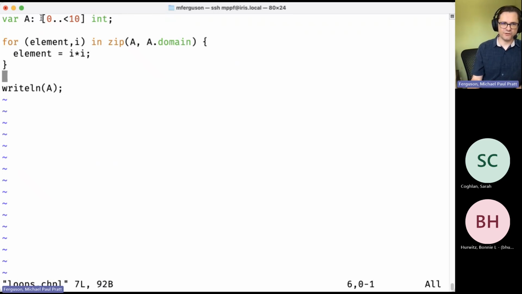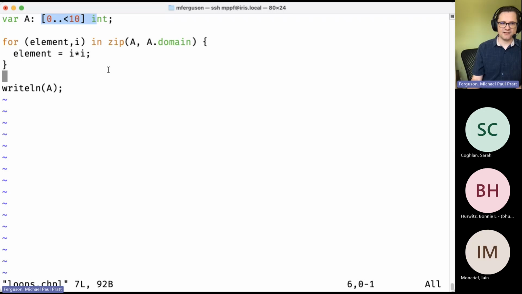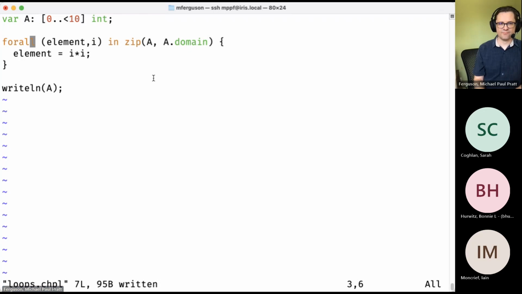You can write multi-dimensional arrays. You can write other arrays that operate on the same domain. I'm thinking about which of those I want to show you. I think what I want to show you next is a forall loop. So Chapel has a way to make